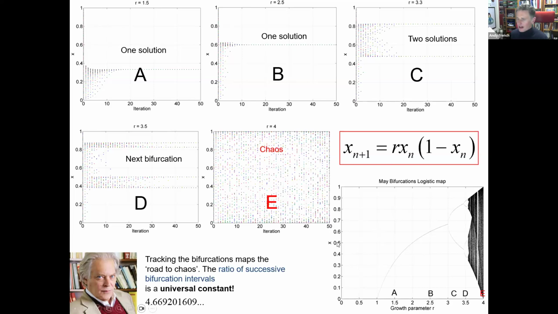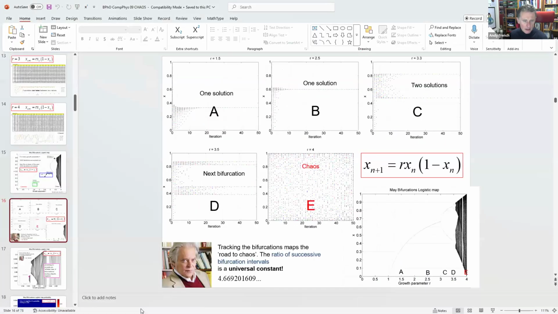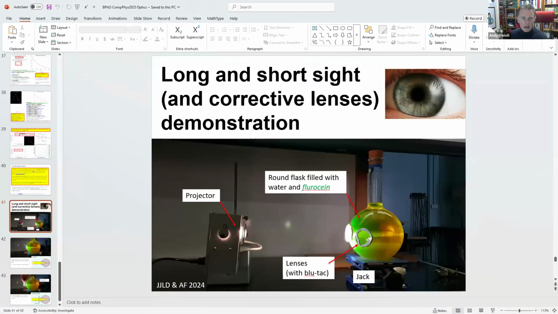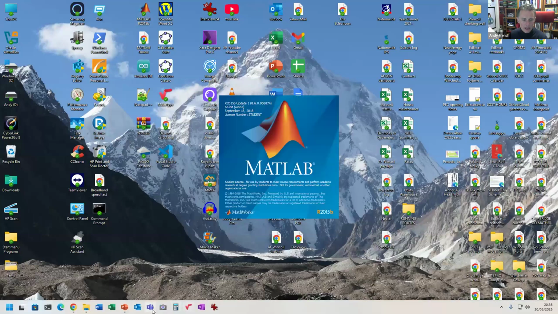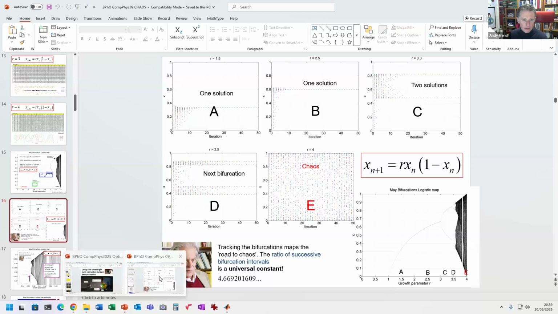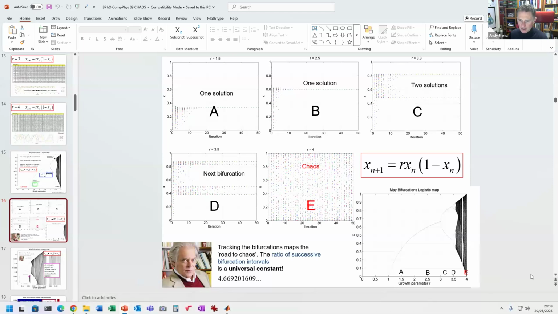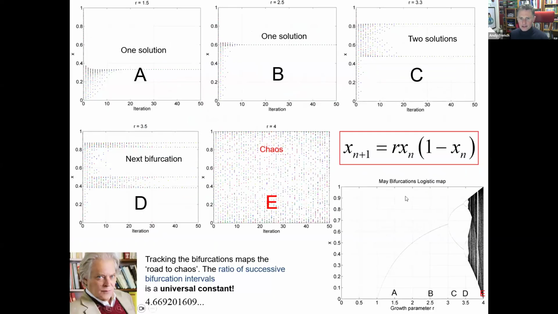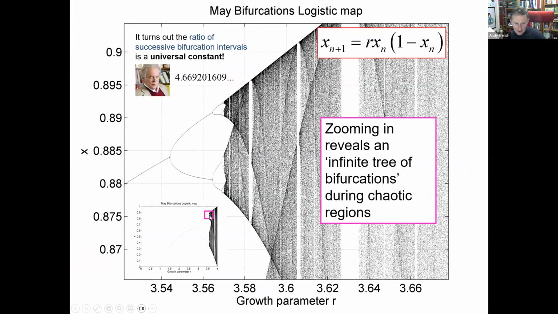And I might see if I can actually load this. Just get out of this and load up MATLAB. Bear with me. Might be able to do this dynamically. Let's go back to our simulation. There you go. So if you zoom in, right in that corner here, you get this. So this is why you need a computer program to work out lots of trajectories all at once.